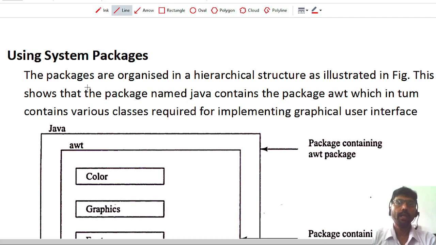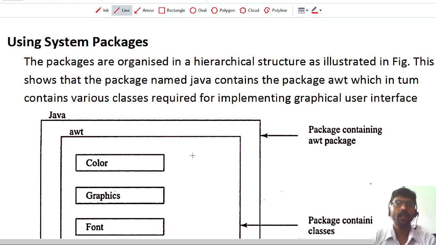Now, the Java packages are organized into a hierarchical structure as illustrated in the figure here. In the Java API, all the classes are put in a hierarchical structure. For example, here at the top we have a package called Java. In that Java package, we have a number of other sub packages.